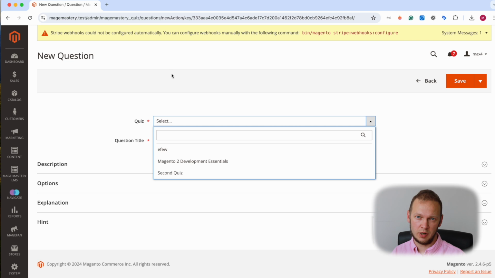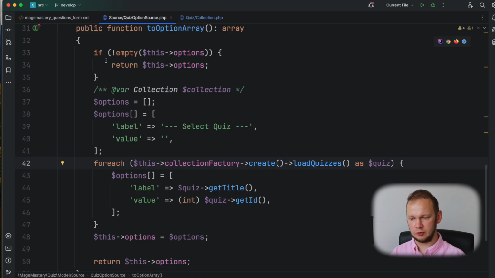I have a UI form implemented in the Magento 2 admin panel, and one of the fields is called quiz. It's a UI select component that provides me an alphabetical list of quiz names, so I can select it when I create a new question. However, the issue is that in order to implement this alphabetical order of quizzes, I need some sort of custom sort order field and ordering for this field, and for this purpose there was an implementation